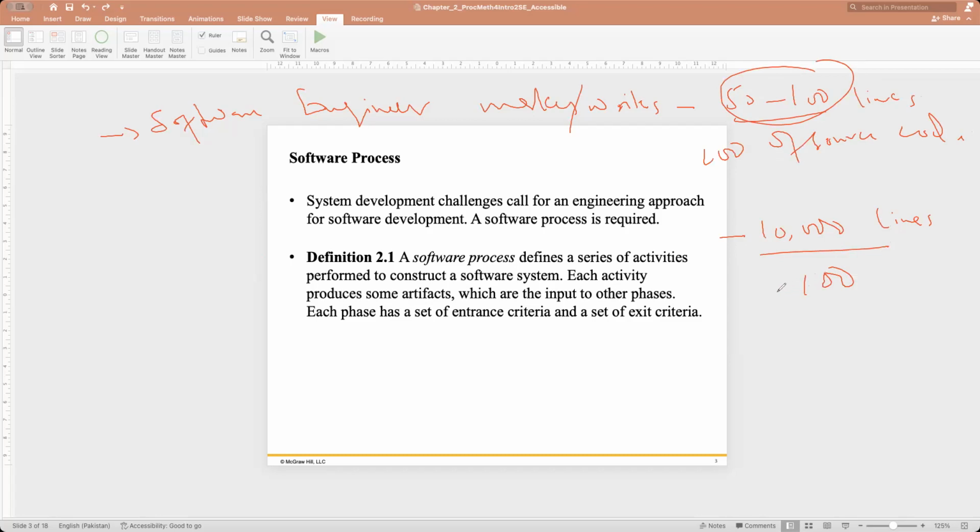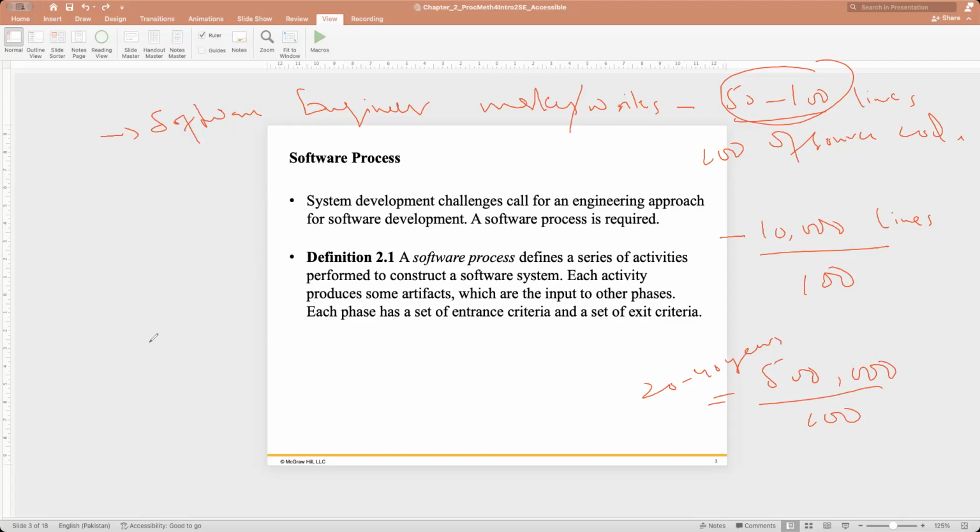And if you have a large or medium scale software with 500 lines of code, how many days do you need? Maybe 20 years or 40 years to finish the software. This is not happening these days. That's why we actually work in teams.